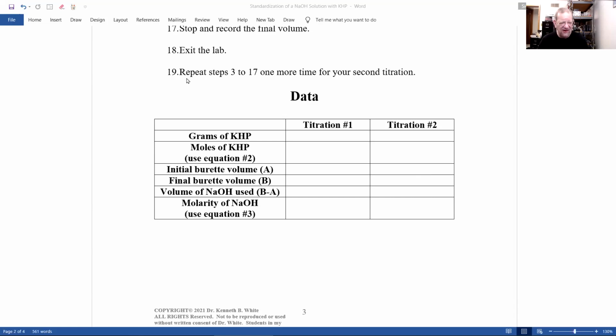If you look at step 19, repeat steps 3 through 17 one more time for your second titration. I have you exit the lab, do 19, which is repeated. So you will do 2 titrations, and you will need to calculate these numbers and these numbers. This one in red, you'll get the weight from the balance, and this you'll get during your actual titration. This you'll also have to calculate using,